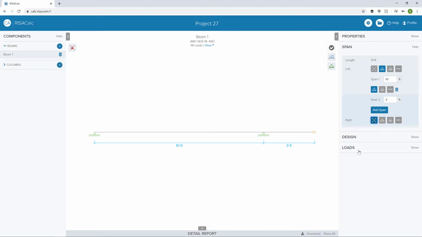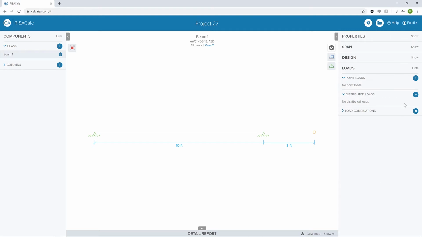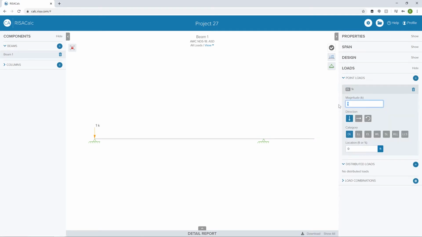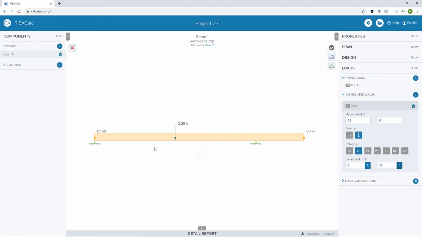Next, I can go ahead and set my design conditions. I can say that I want to brace this for, I don't know, add a plane at the supports and at the top of the member as well at the supports. I could also change some other criteria, or I can go ahead to start adding loads. And so I'm going to go ahead and first add a point load. So let's say 250 pound point load in the dead load condition at 5 feet. And then I can also add a distributed load. So let's say 100 pounds a linear foot, and let's make that live load along the entire member here, along